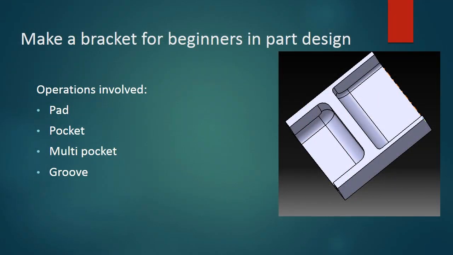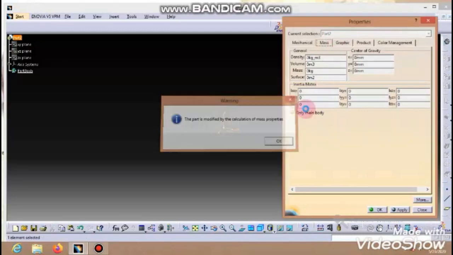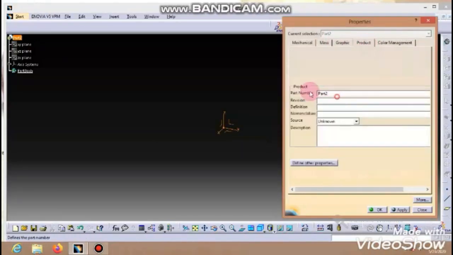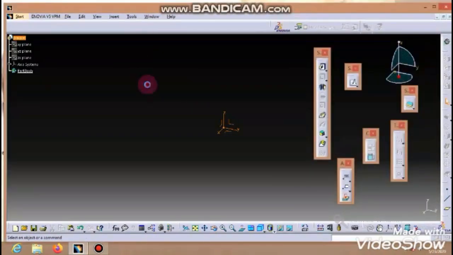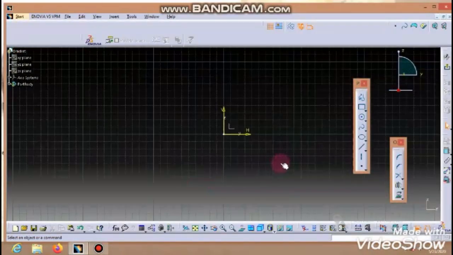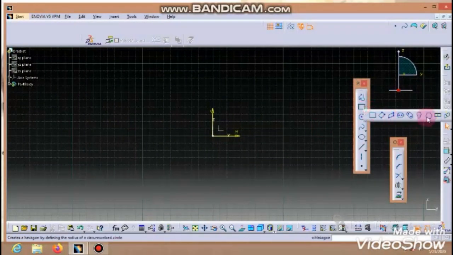Today I am going to show how to make the bracket in Part Design. First, open the Part Design module and change the name to bracket. Choose the XY plane, draw the rectangle,